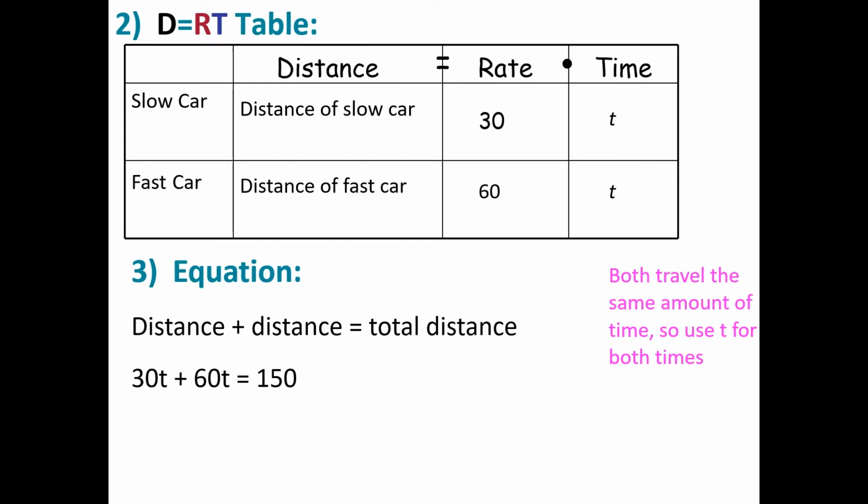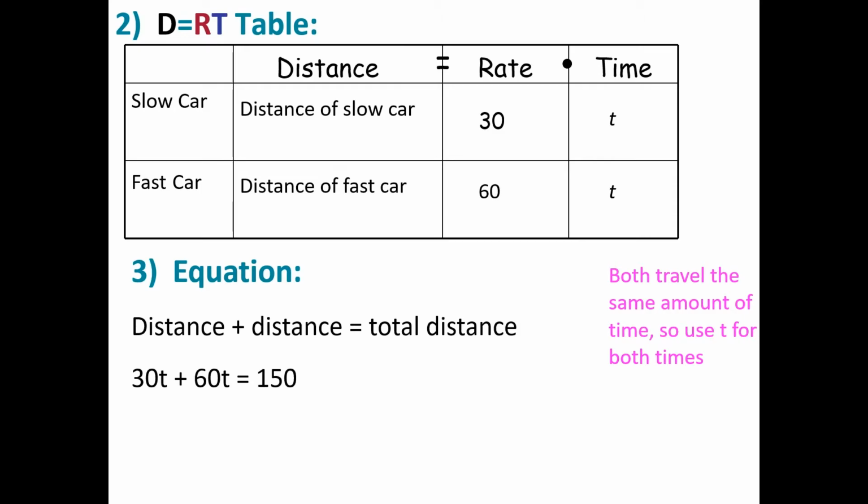I'm trying to solve for time. So don't try to answer questions that you're not being asked is the first rule of physics problems. Look at what you're being asked to solve and figure out what you've got to do to solve that problem. Well, 30t plus 60t equals 150 would be the result of adding these two equations together